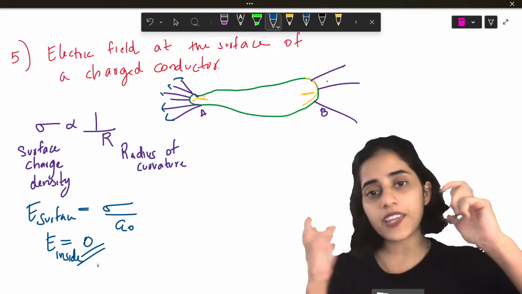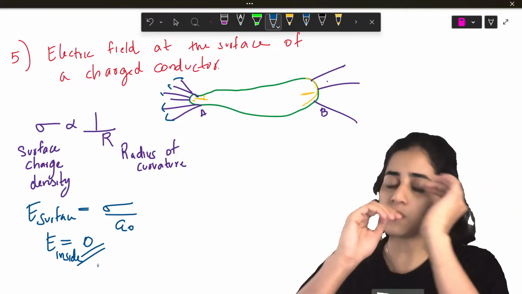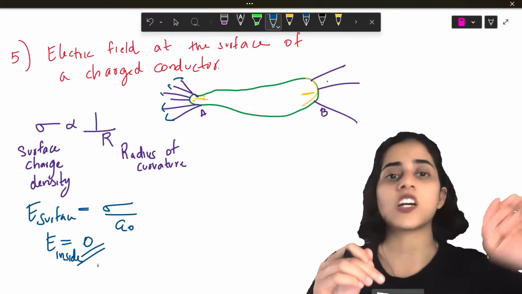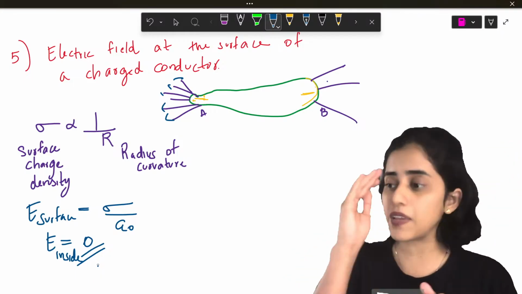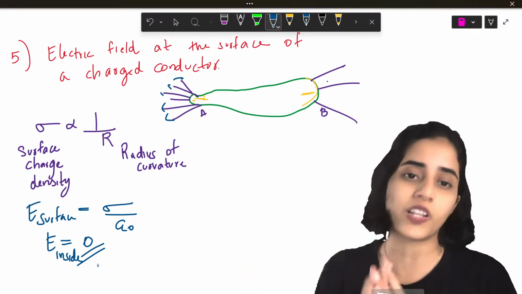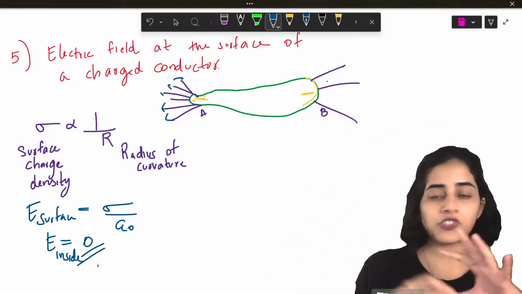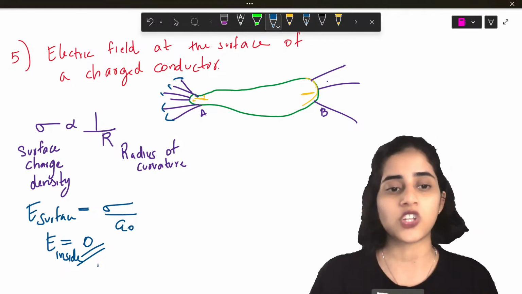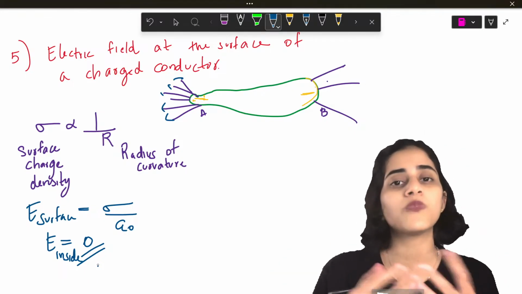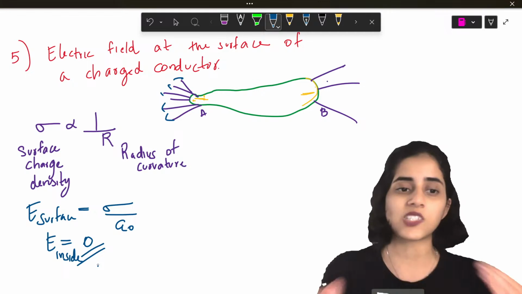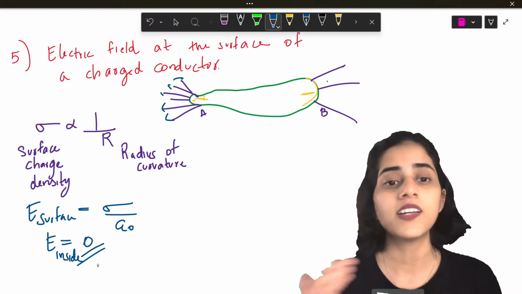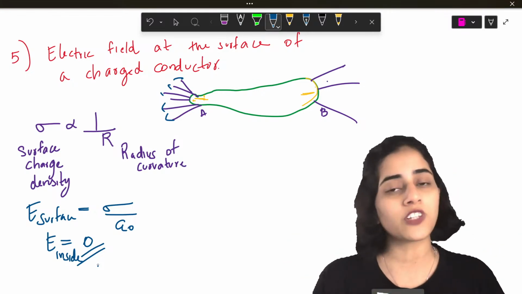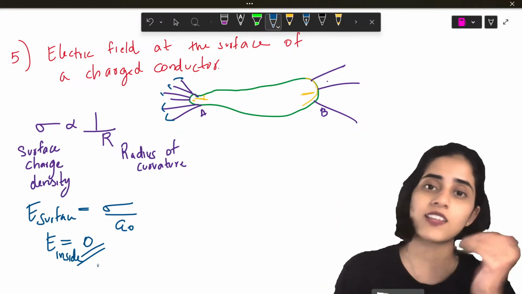How it varies on the surface, I already said. A smaller radius of curvature will have lots of charges or lots of fields. A bigger radius of curvature will have few fields. On the surface, electric field lines have the relationship sigma by epsilon naught. Inside it's 0. So obviously charges have to be on the surface. That's why there is an electric field on the surface. How the sigma by epsilon naught came, the derivation I've done in the last class.